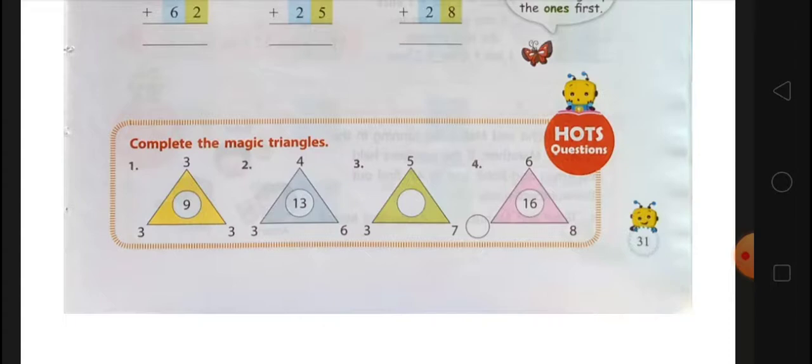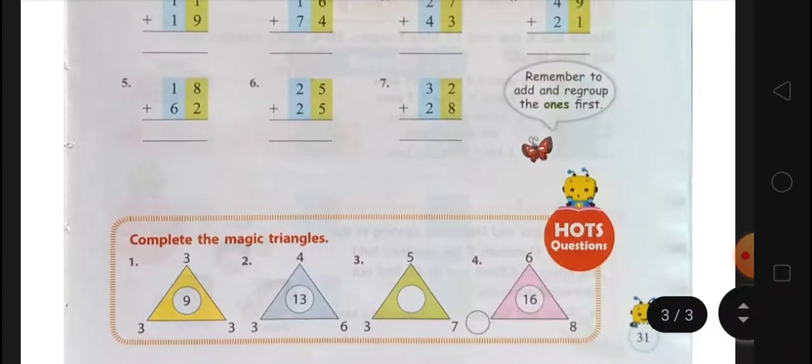Thank you. You have to do exercise 2.2 in your CW copy, and if you have not completed exercise 2.1 in your fair copy, then you have to complete that in your fair copy.